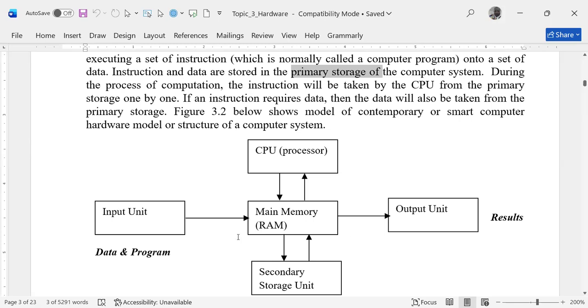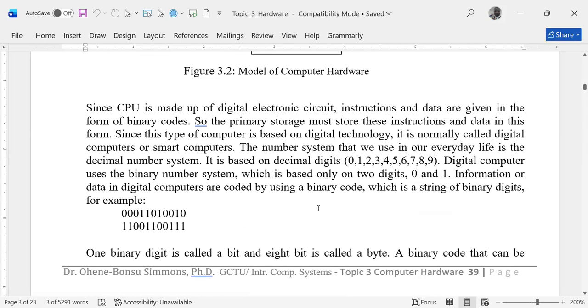So this is the structure of a computer system. From input to the main memory, you decide: do I need to convert data into information? Yes. If yes, you go to this side. Do I need to save something or retrieve something? Yes. Then finally, we go to this side.